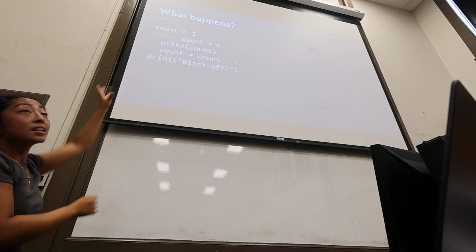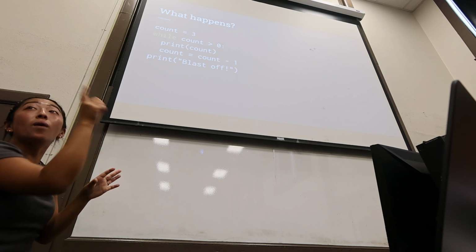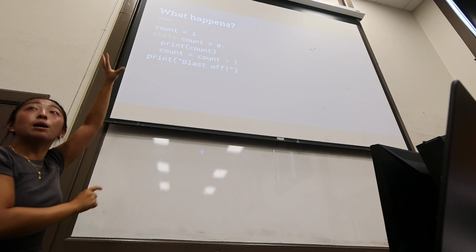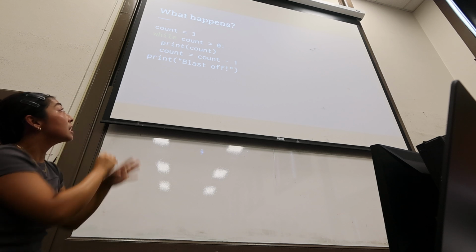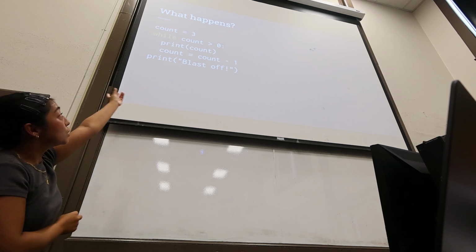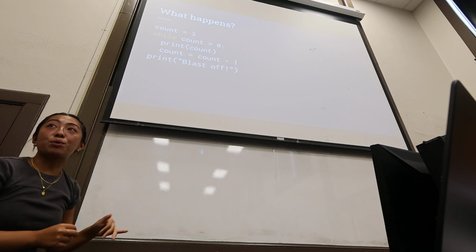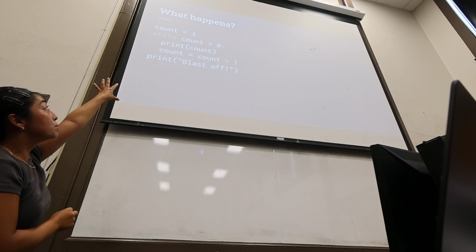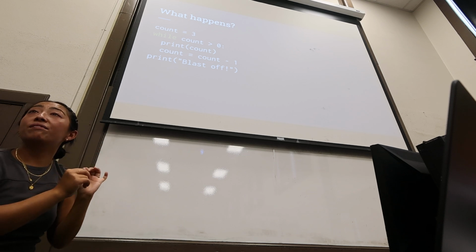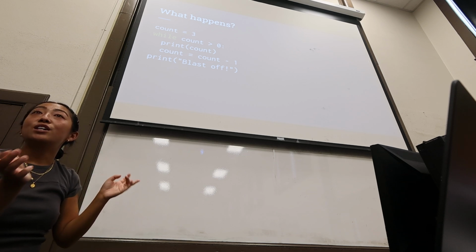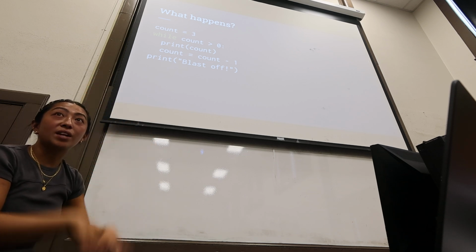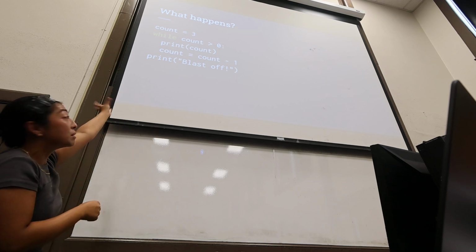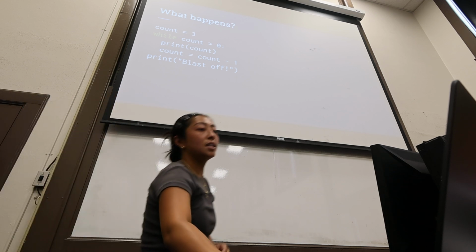Print 2, count is now 1, yeah? Go back up to the while loop and check that condition. It is still true, 1 is greater than 0. Do that same process, now count is 0, right? Go up to the while loop, now 0 greater than 0 evaluates to false, right? So then I exit the while loop, exit that statement, and then print blast off at the end. So if you see it in code,